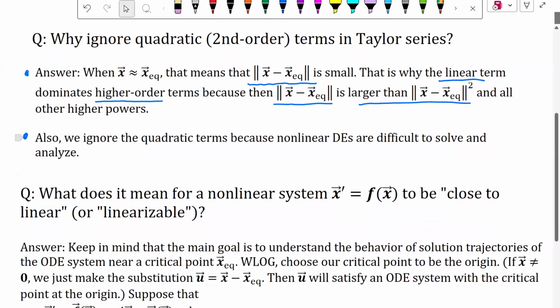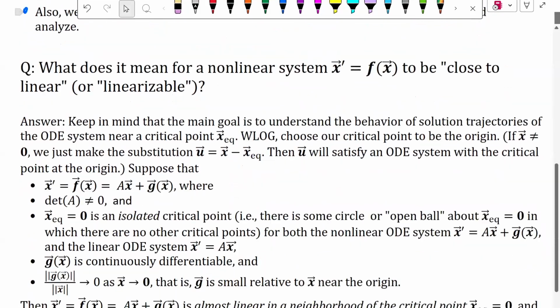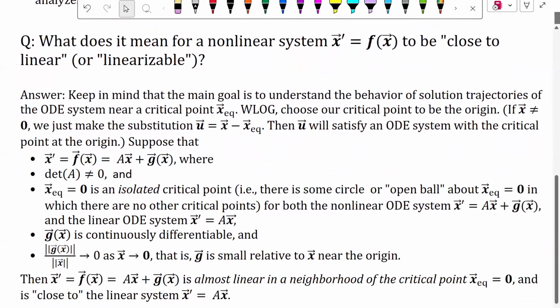Now, for those who are curious, you've probably heard reference to the idea of a nonlinear system being linearizable. And there's some information here for you to take a look at to explain that a little more in depth. Now, remember that this local linearization only works if the real part of the eigenvalues of the associated Jacobian are non-zero. In class, we're going to work through an example of the nonlinear pendulum. But for now, skip to part 2 of the notes to see how to handle the case when the real